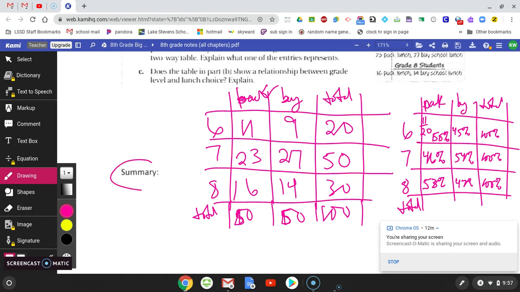All right, take a second and write your summary on a two-way table. Don't forget to talk about what your marginal frequencies are and a reminder on how you find this percent, that it's this number divided by this one, this number divided by this one, and so forth. If there's anything you have questions on, star it, mark it, and